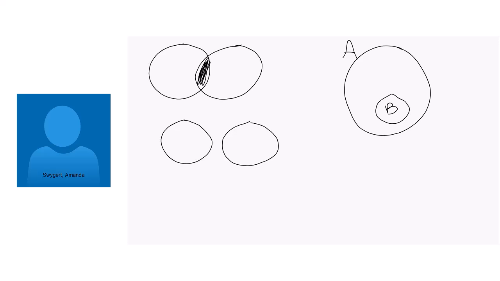Okay, so we're not saying that they only have a portion of things in common, right? We're saying that everything that B has is within A. Okay, this is probably the weirdest scenario that you're going to see, but what we call it is a subset. Okay, and if I could give you a math example, I feel like that makes a little bit more sense.